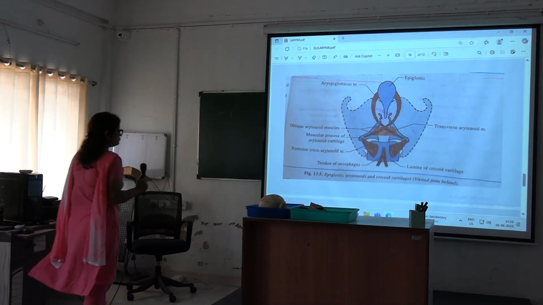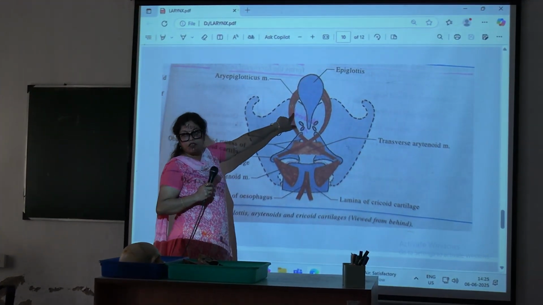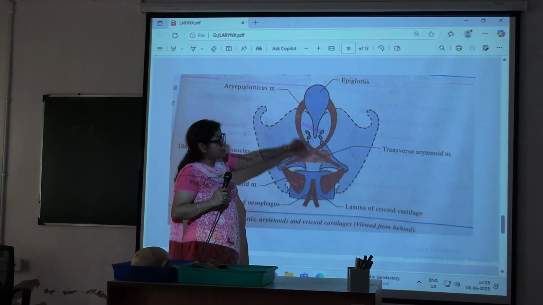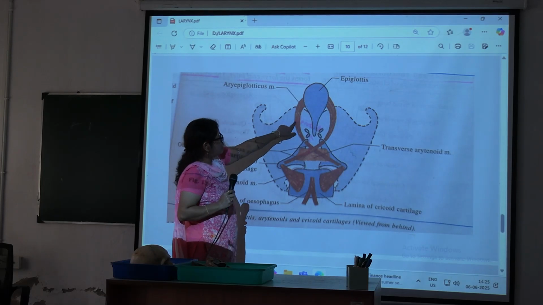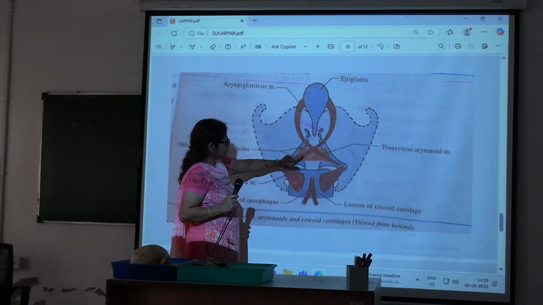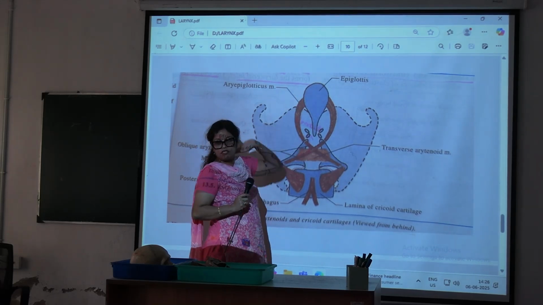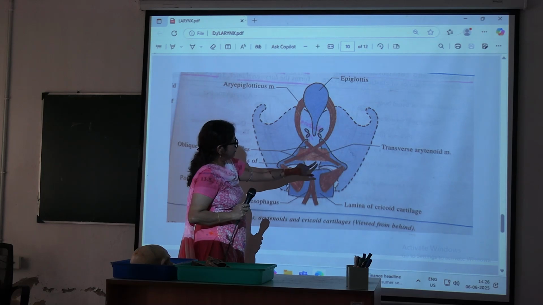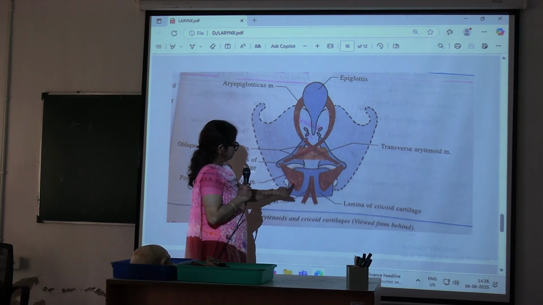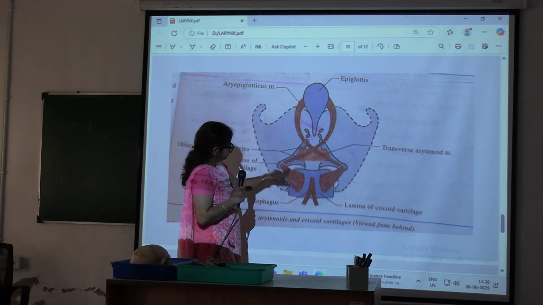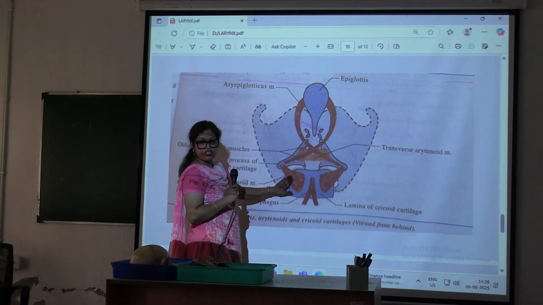Now look at the muscles. This is the aryepiglotticus muscle. Now you can ask from where this muscle came. I have not shown it in the muscle's name. So this is a part of the oblique arytenoid muscle, which is continuous above as the aryepiglotticus muscle up to the epiglottis. In between the arytenoids, this is the transverse arytenoid muscle, and below this is the cricoid cartilage. So from arytenoid to cricoid, this is the posterior cricoarytenoid.